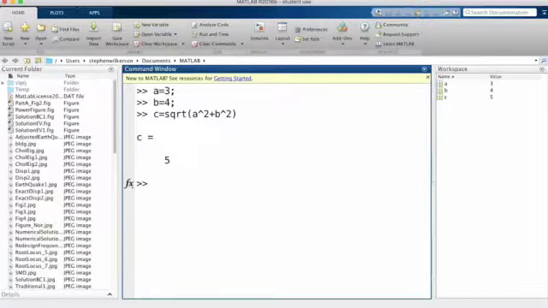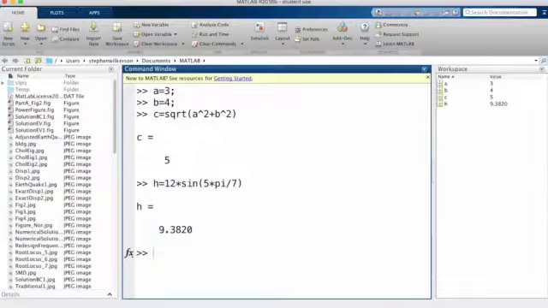Okay, so we'll say that the height of the ladder will equal 12 times sine, and notice the sine is lowercase. All the functions in Matlab are in lowercase. Okay, 5 times pi divided by 7. Okay, and we can see the height that it leans up the side of the house is 9.38